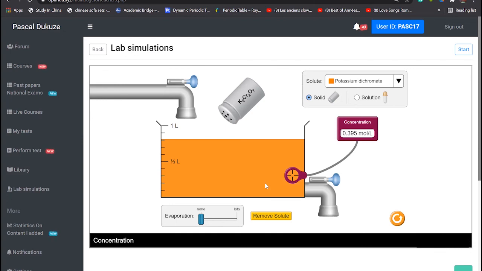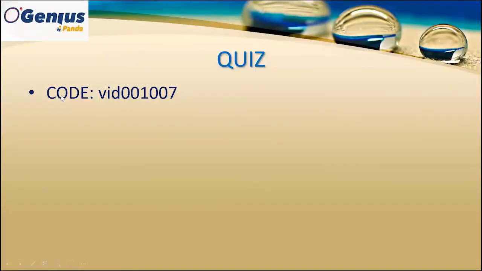Now that we have explained everything about how we can use the lab simulation, let's go to the quiz. And I will explain how you can take a quiz. Now that we have finished the explanation of how this lab simulation works and the concept behind concentrations, if you are ready, now it's time for you to take the quiz which has this code, VID